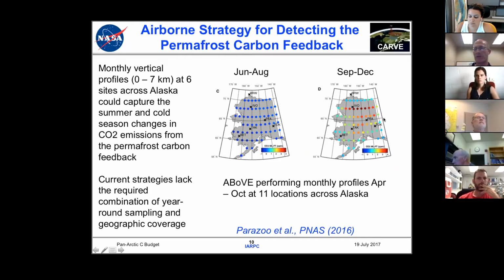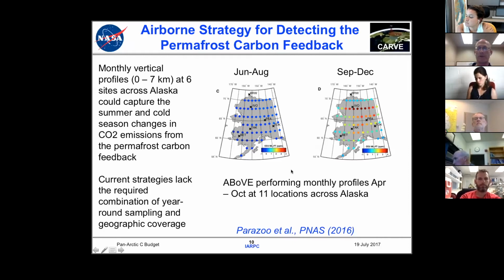But as you move into the early cold season, the September to December timeframe, you notice that there's actually quite a significant difference in where we have either residual uptake that's still seen, or the beginning of some pretty significant emissions. In this study, doing an observing system simulation test, or an OSSE, the minimum number of sites needed to capture this gradient in the early cold season is about 6, positioned near some of the sites where logistics would permit monthly aircraft flights, for example.